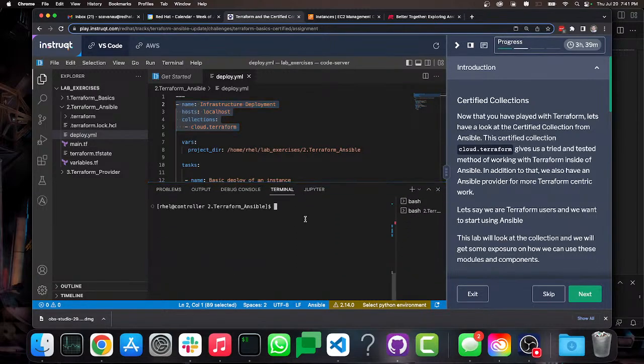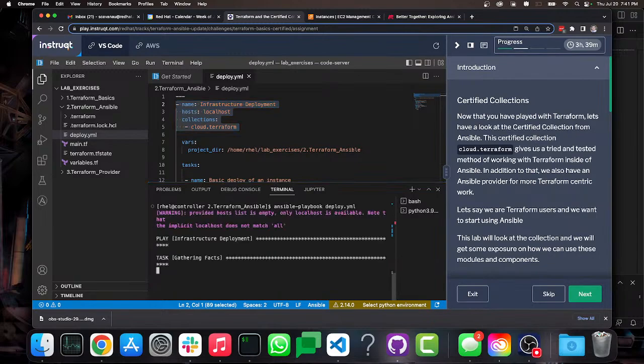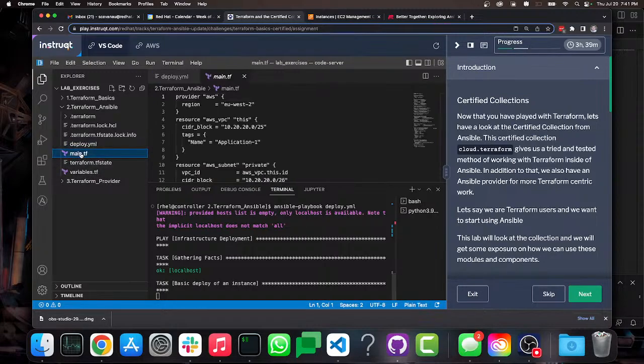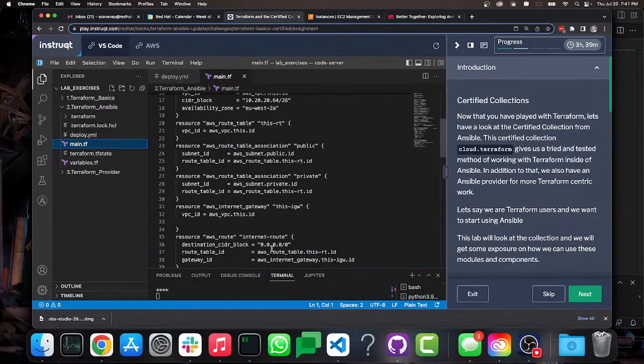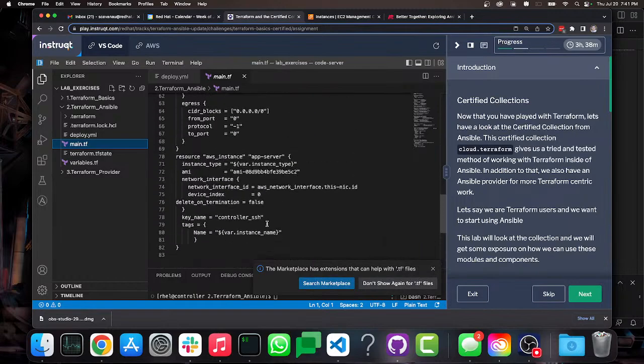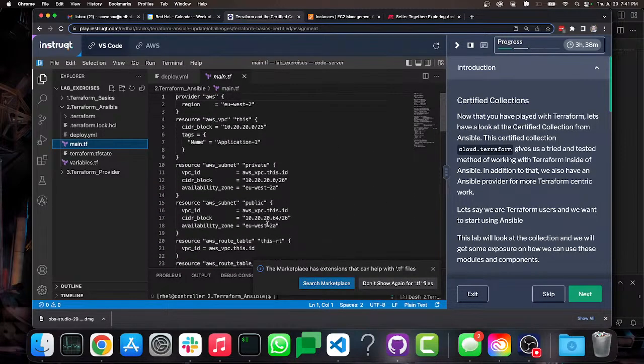And then you just run a playbook. So this playbook will run. I already ran it just to save time, because I didn't want people to just watch text fly by on a screen. What you'll see if you get to do the demo is it's just going to spin up that HCL file. So in here, you'll see there's a lock. It's because I already ran it. But the Terraform file is a very simple file, and, well, it's longer than I thought. It's 83 lines, and that's one of the